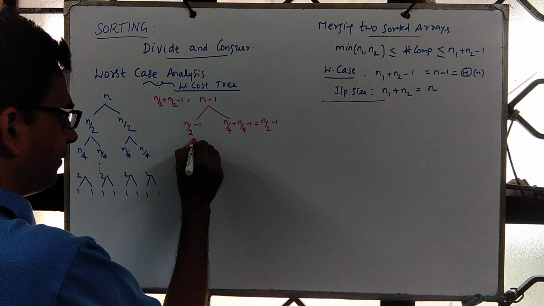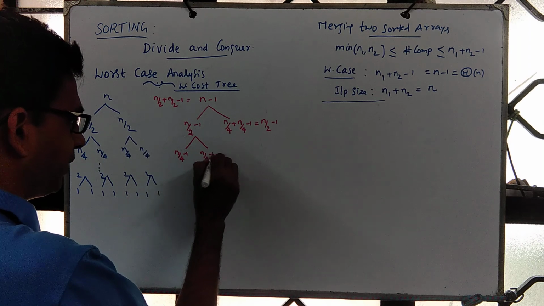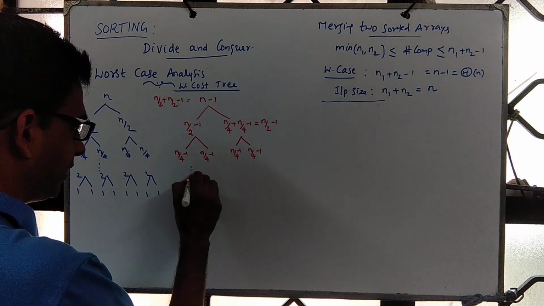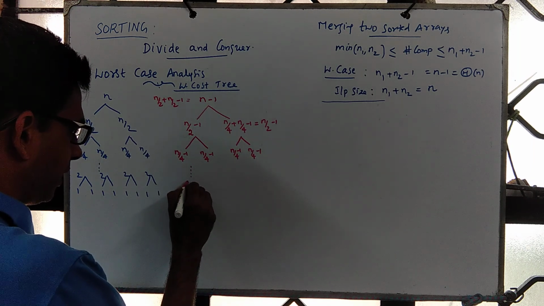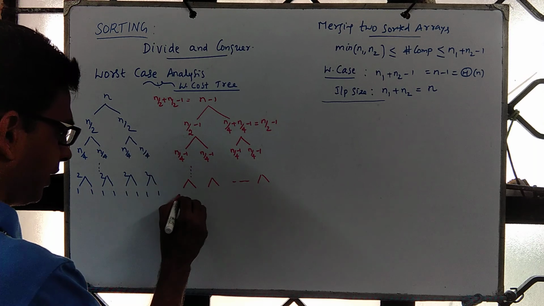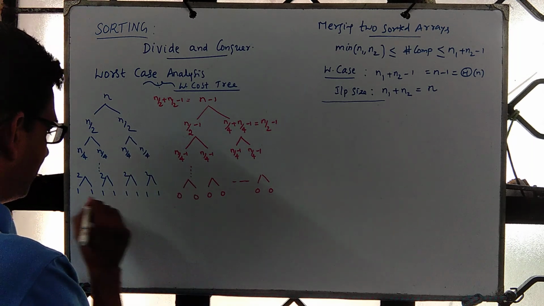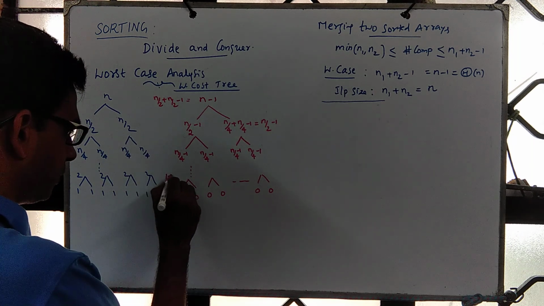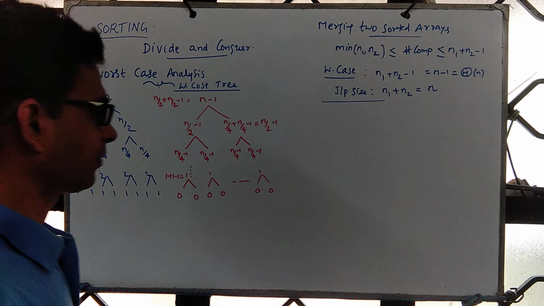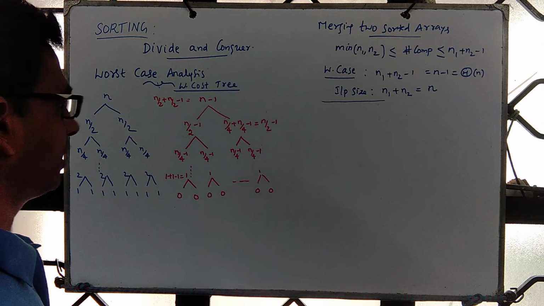Now like that, if we do it, then we will have n by 4 minus 1, n by 4 minus 1, over here n by 4 minus 1, n by 4 minus 1. So like that it keeps going down. And now when you look at this one, when it is 1, it is 0 everywhere. And at this place it is 1 plus 1 minus 1, which is 1. So which means we will have 1 everywhere. So this is precisely what we will have at these places.